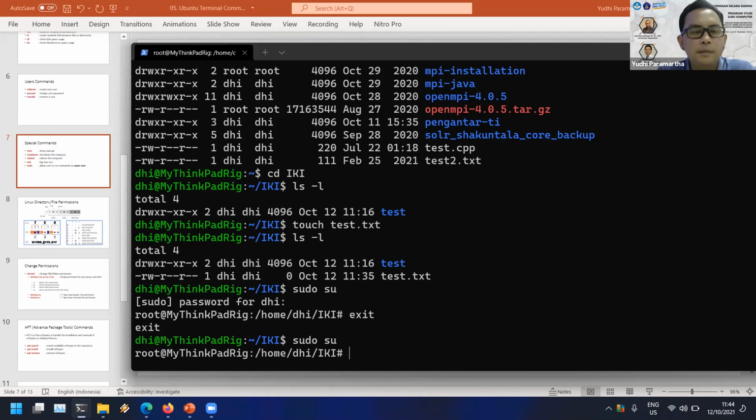Maybe you could try in your virtualized environment adding a new user and then assigning the file to that user using your own username. As a root, you could do that. But I don't think I will talk about it because this is only the introduction.